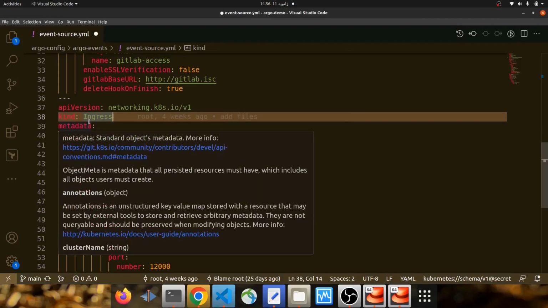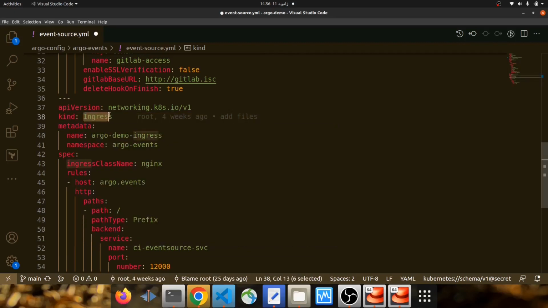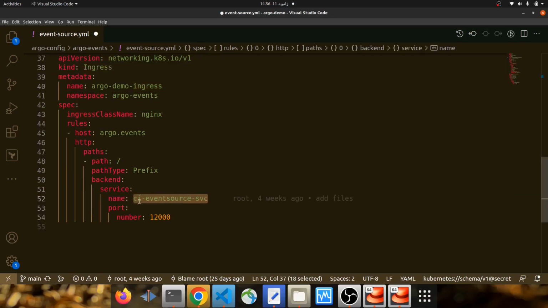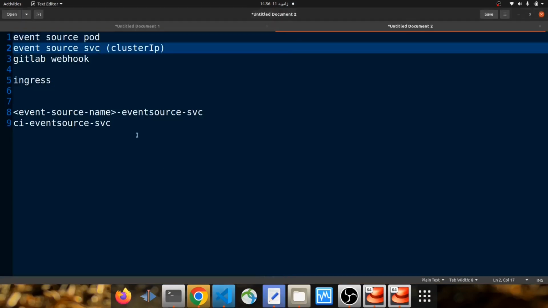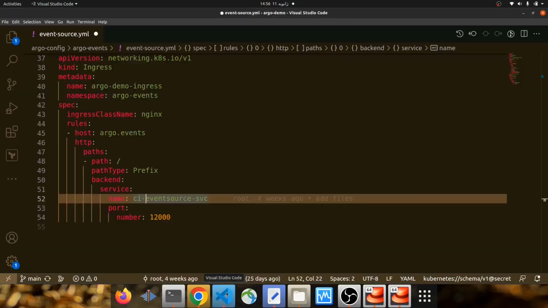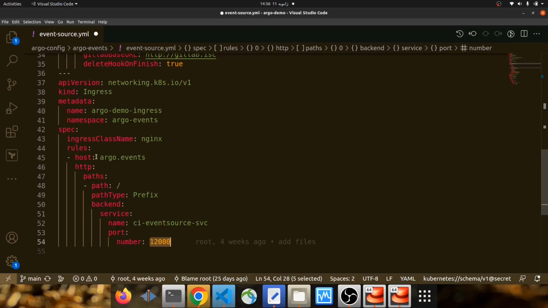So this is the third object that I'm going to use in this file: ingress. I'm going to create an ingress, and its backend is the cluster IP service, CI-event source svc. This is the prefix that I talked about. CI-event source svc is the name of the event source svc. And its port is this. And the host is